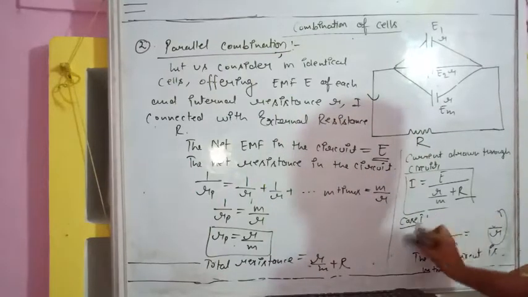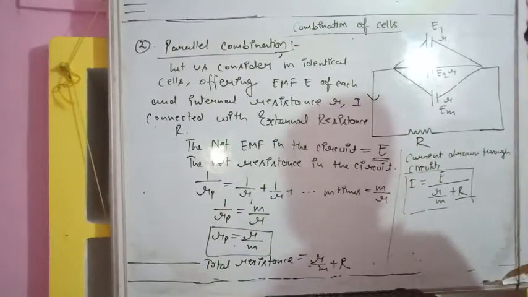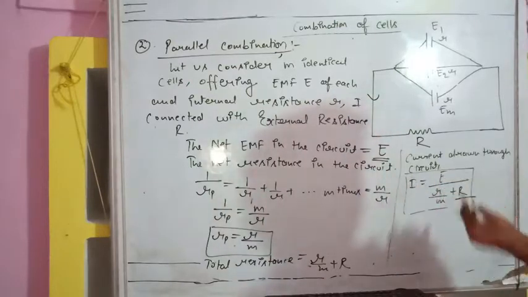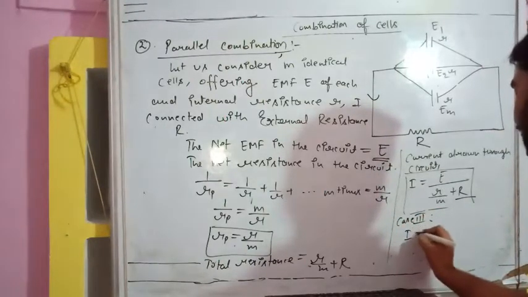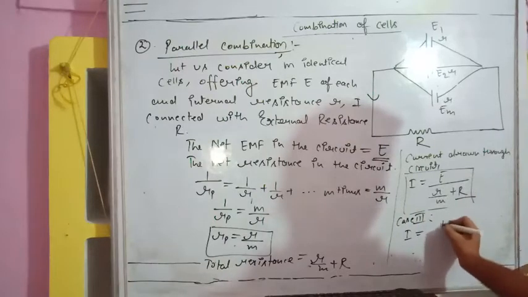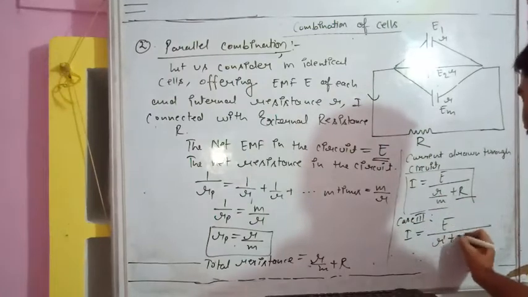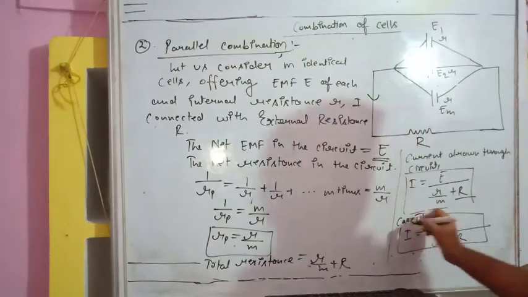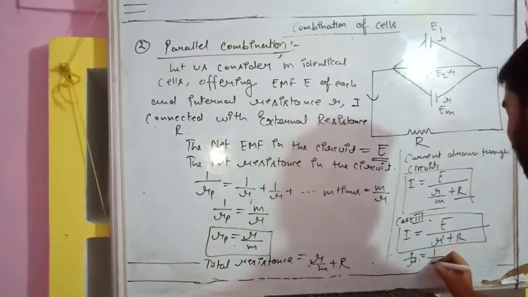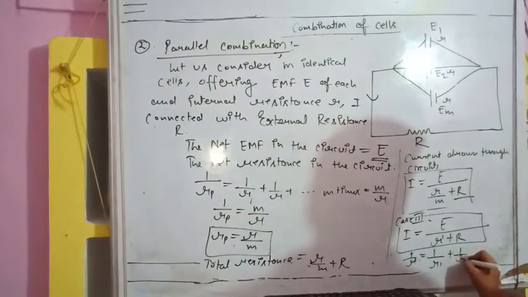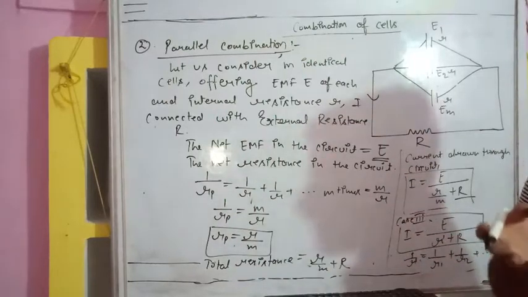Now let us solve this for case third. In case third, we will assume that we haven't taken identical cells. We have taken different kinds of cells. So case third, suppose all the cells are different, then in that case I will be equal to, what will be the value of EMF? EMF will remain E only. And what will be this? This r upon m will be R dash plus R. Now you will say in place of r upon m, I have written R dash. So what is the value of R dash? R dash is the parallel combination. So this will be 1 upon r1 plus 1 upon r2 up to 1 upon rm, as we have taken different kinds of cells.